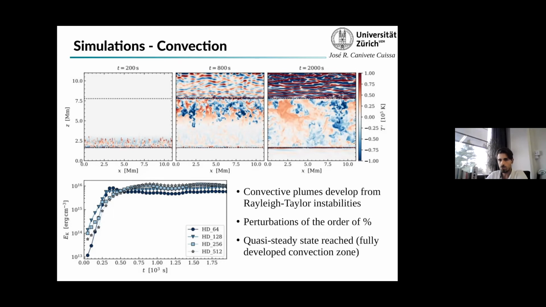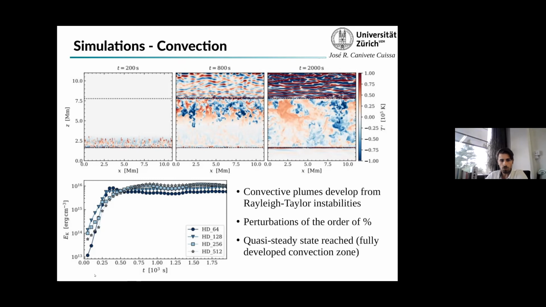So here I'm showing you the temperature perturbations around the temperature profile. These temperature perturbations you can see are of the order of 10^5 Kelvin, while the true temperatures inside this convection zone are around 10^7, 10^8 Kelvin. So these convective perturbations are really of the order of percent per mil. So you see the importance of this well-balanced scheme.